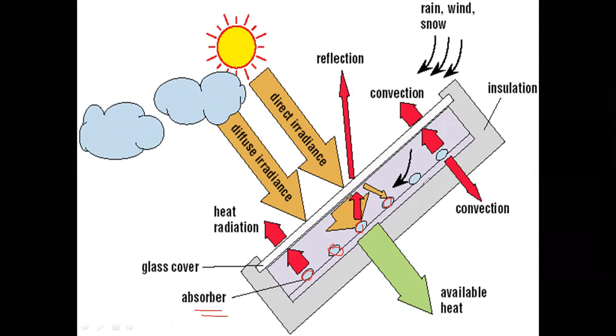The flat plate collector absorbs solar radiation and converts it into heat energy. The insulated container reduces or eliminates thermal losses from the collection system. In a flat plate collector, the temperature is generally maintained from 50 to 100 degrees centigrade: generally 50 degrees centigrade in winter and 100 degrees centigrade in summer.